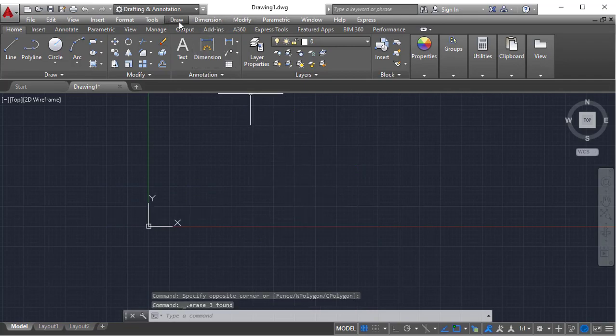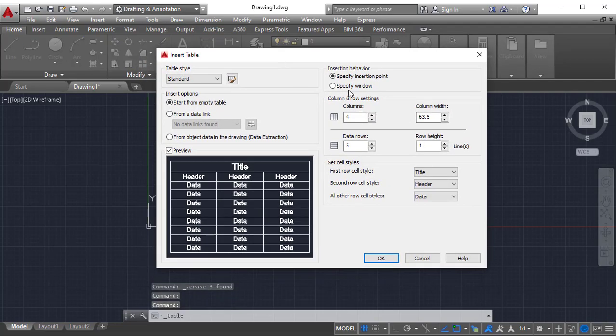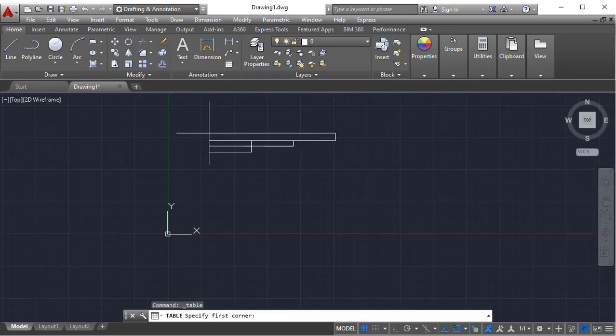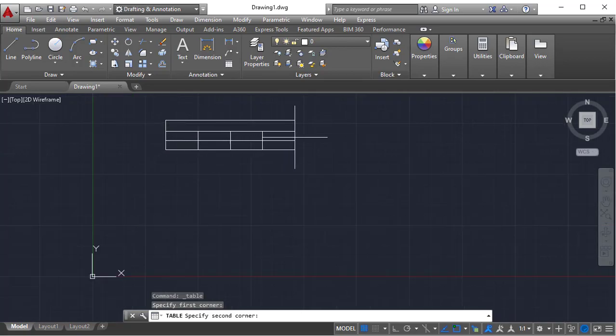And the next one, here I am using the table. I am clicking on table. Next one, specify window. If you click here, these two won't work. Simply, if you click OK, see the insertion pattern is changed a little bit. In the previous option we just clicked a single point. Now we need to click 2 diagonal points. First one, if you just move your cursor, see what is happening.